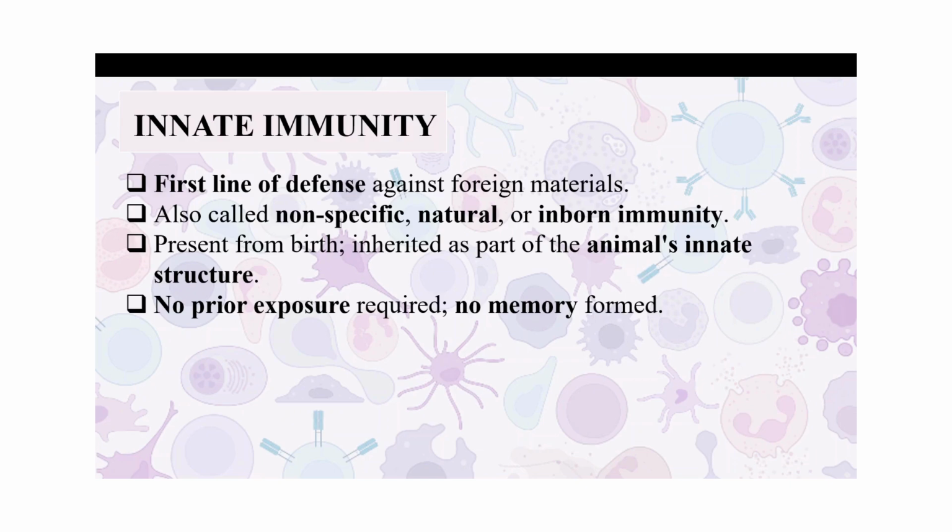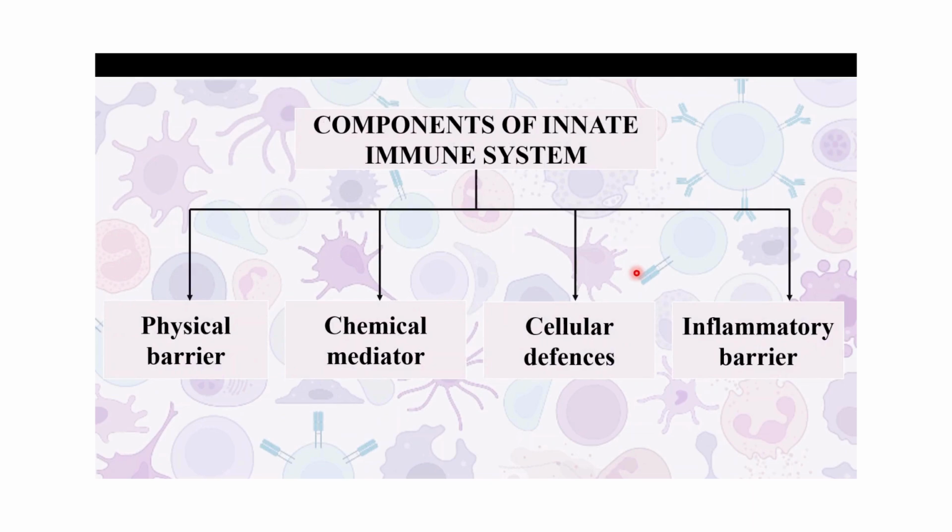So now let's look at the components of the innate immune system. There are different components. One is the physical barriers, like skin and mucous membrane. Second is the chemical mediators, which include enzymes like lysozymes, acids, etc. For cellular defenses, there are cells present to create this innate immunity. One prominent example is natural killer cells, or NK cells, and there are also macrophages or phagocytes. And another one is the inflammatory barriers, which help,